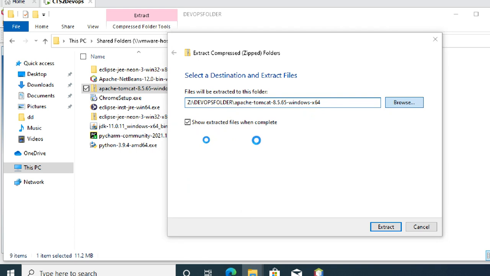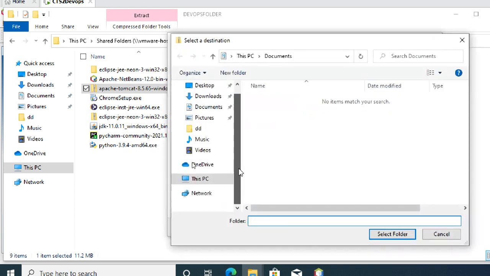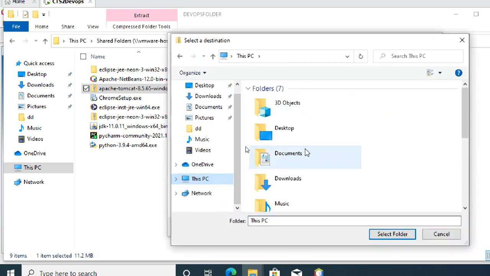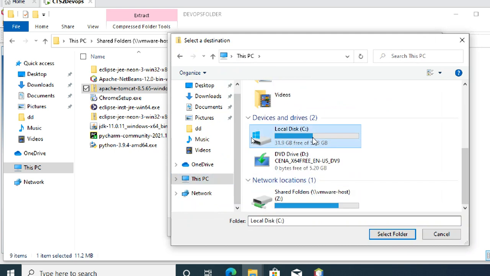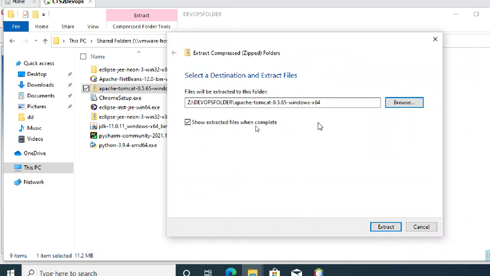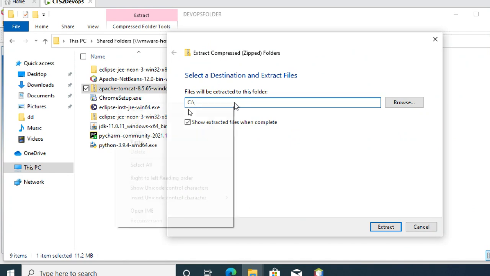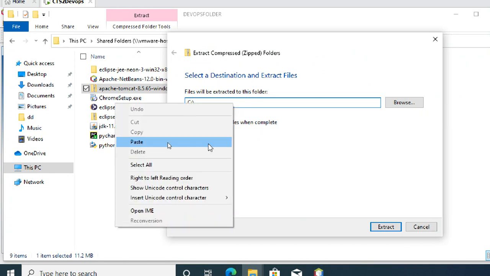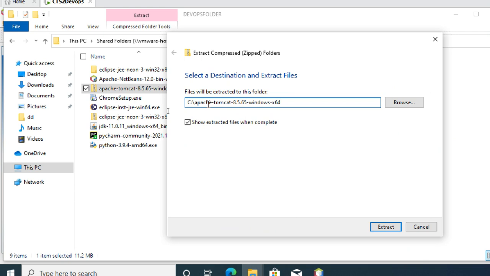Browse. Directly extract in the C drive. It will save time because extraction usually takes time, even if it is a small MB. C drive. Select folder, and you can click on extract. But for safekeeping, I am giving this folder. Extract.